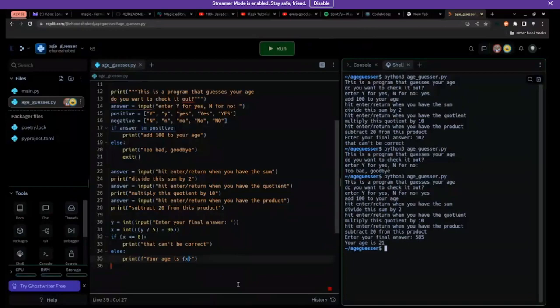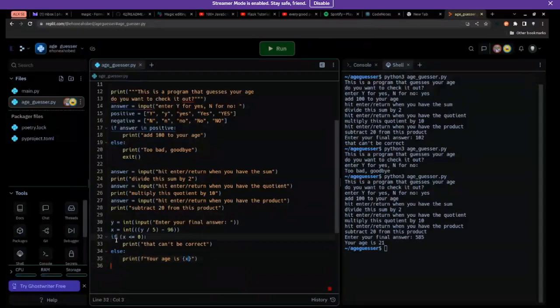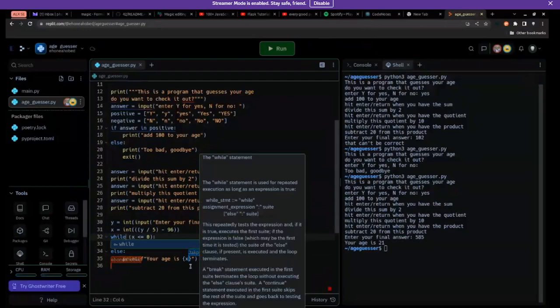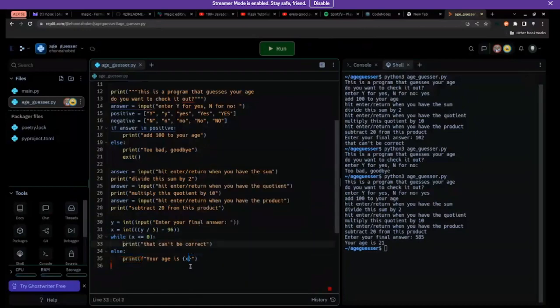So let's try the loop. Do we have a value for y or x? If we play with x, we could say while x is less than or equal to 0, that works. Then instead of doing this, "That can't be correct,"